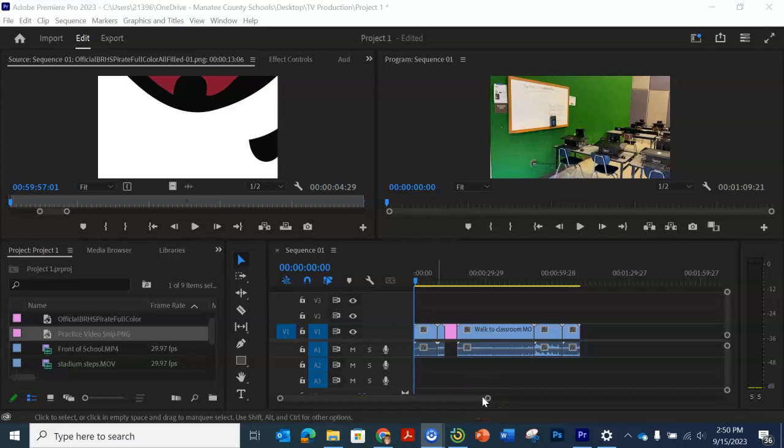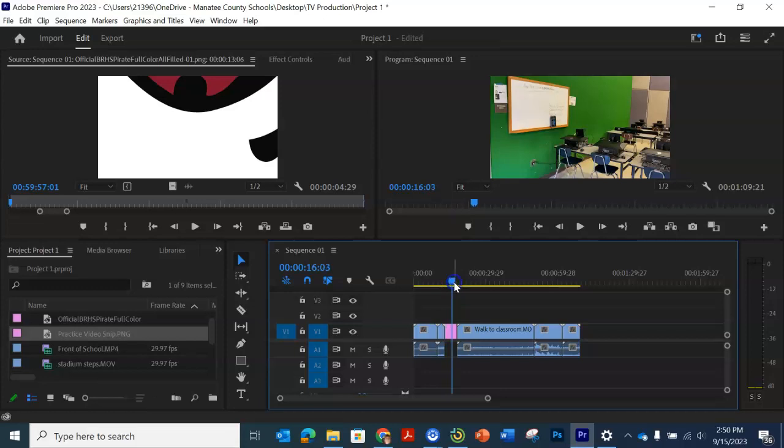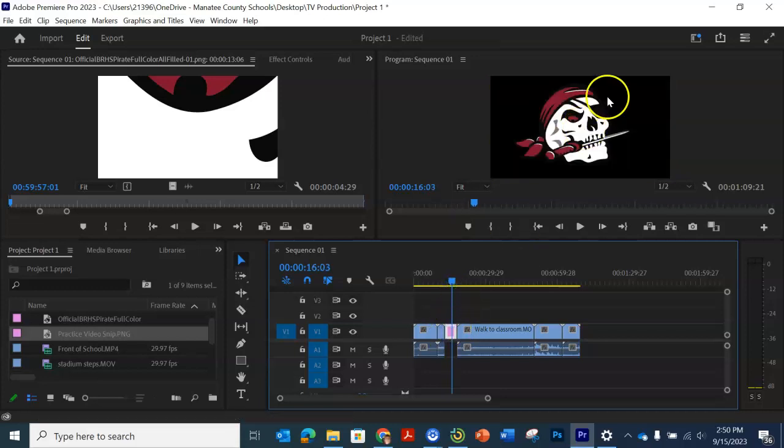Right, so now you have a really good feeling for how to bring in video, which is what you should have done, and you should also have your one picture. And you should know about the panels. You've learned a little bit about the tools, but now we're going to organize and create a video that is going to show your creativity. So the very first thing that we need to do